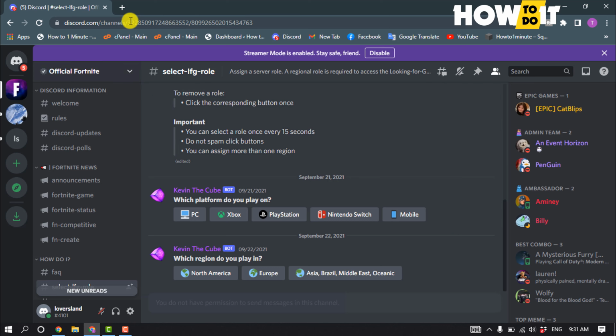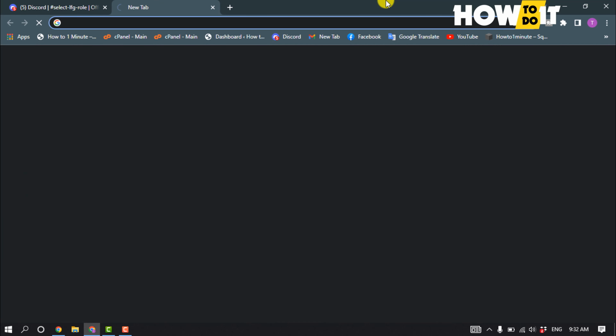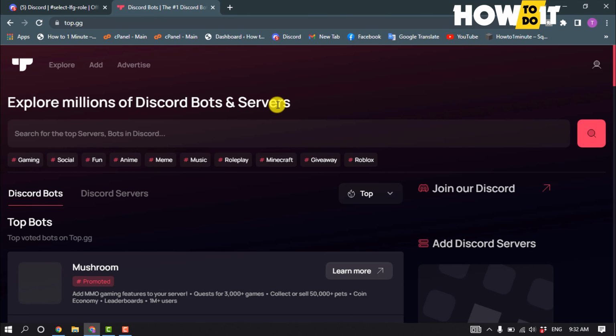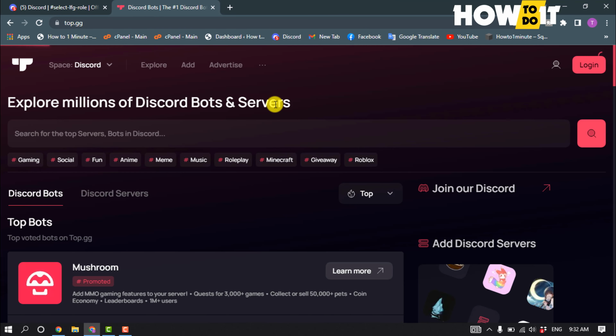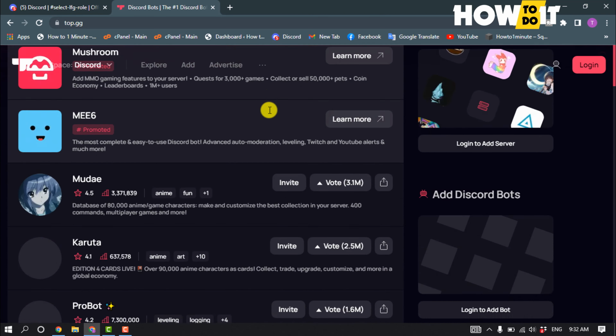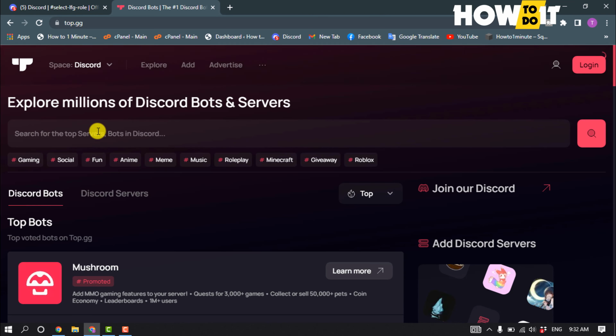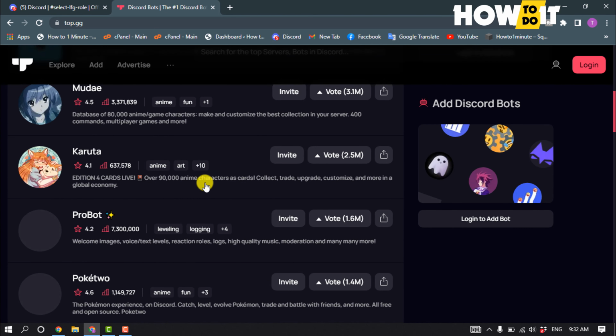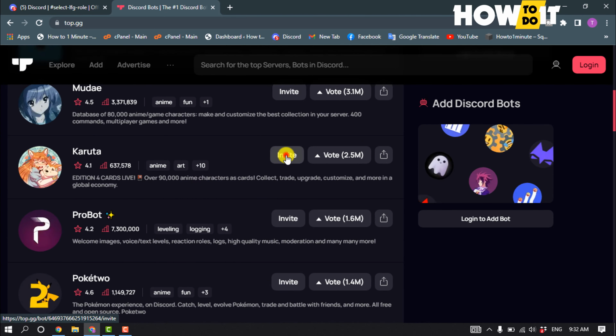And the second method is to open a new tab and type here top.gg, and from this website you can explore millions of Discord bots and servers. You can search for a particular bot here. For example, I want to join this Counterbot, so I'm going to click on Invite